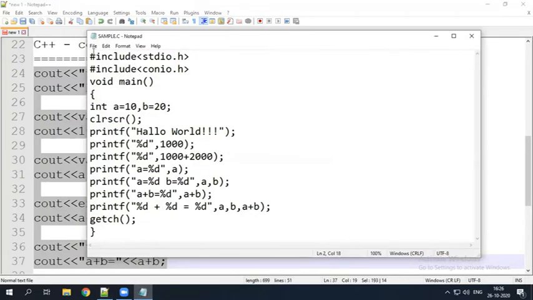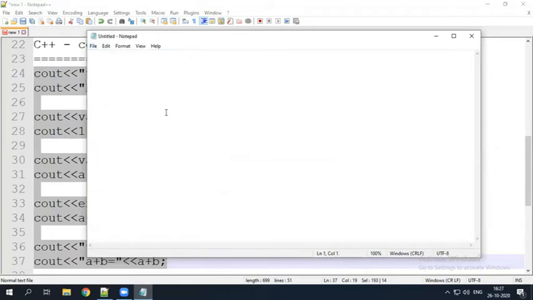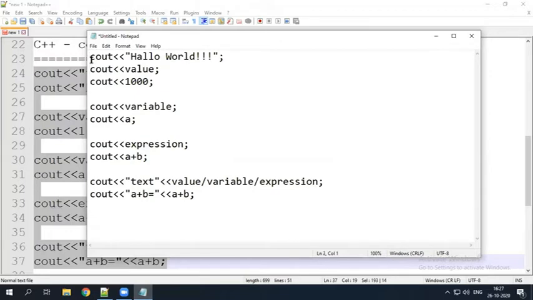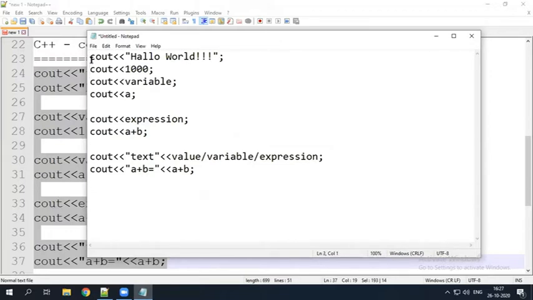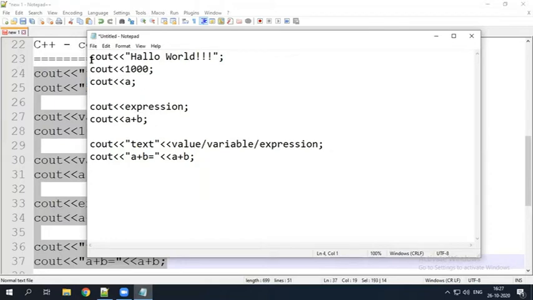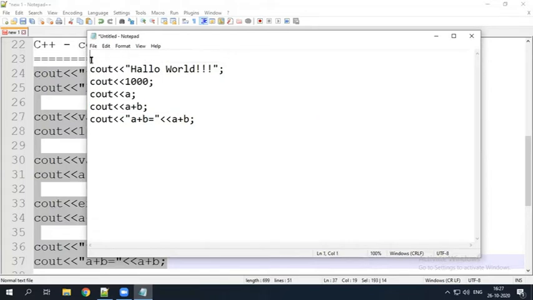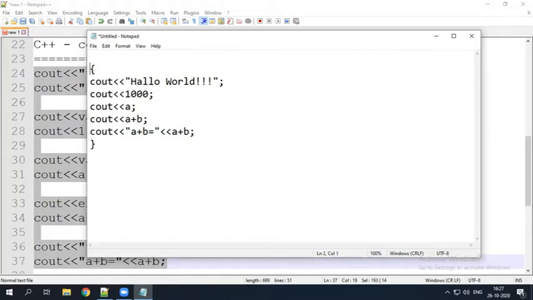Let us execute this code also. Take a new one. Here also just remove the syntax statements. Make it one block, and put it as main.